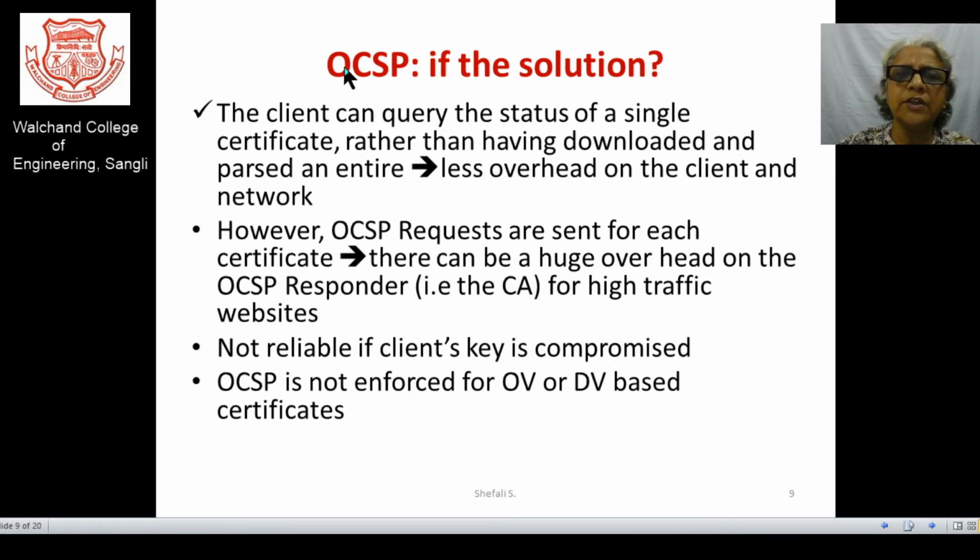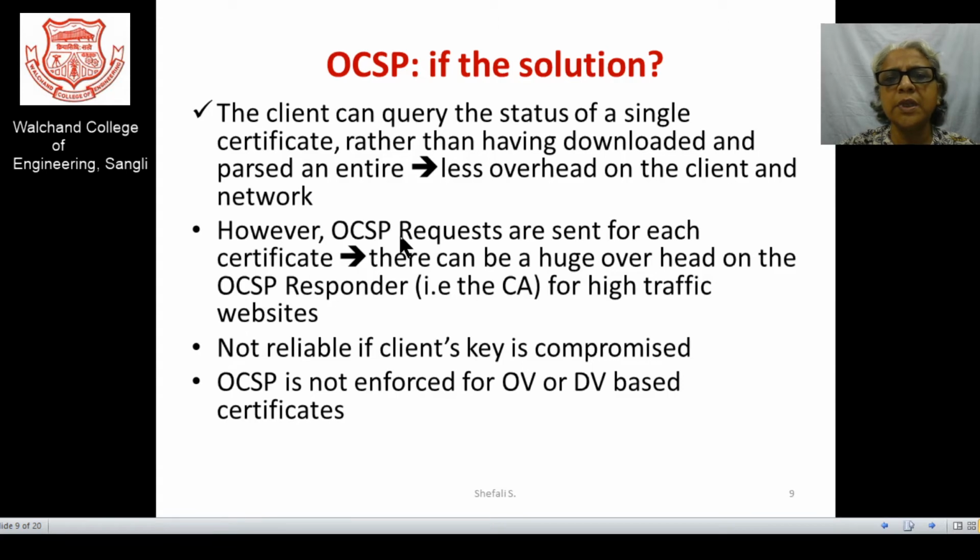So one advantage of OCSP I would like to mention is that the client can query the status of a single certificate, always a single certificate, rather than downloading and parsing the entire list. And obviously the overhead is minimized on the client side, and of course the network requirement is minimized.